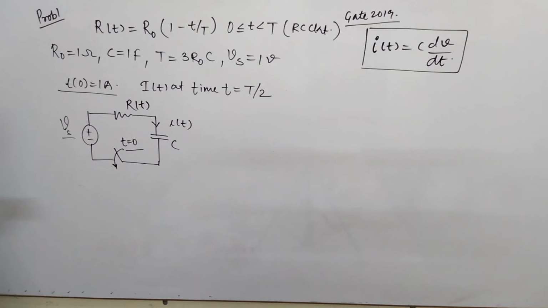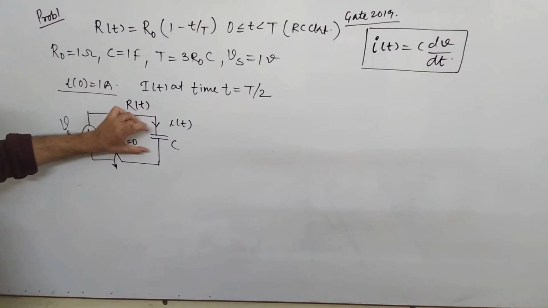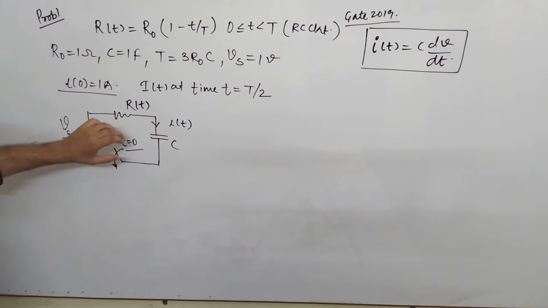So this is your next problem, friends. In this problem you have to find the value of i(t) with these conditions. The specific thing is, whenever we are talking about the capacitor, we generally find the value of voltage across the capacitor with our generalized formula.